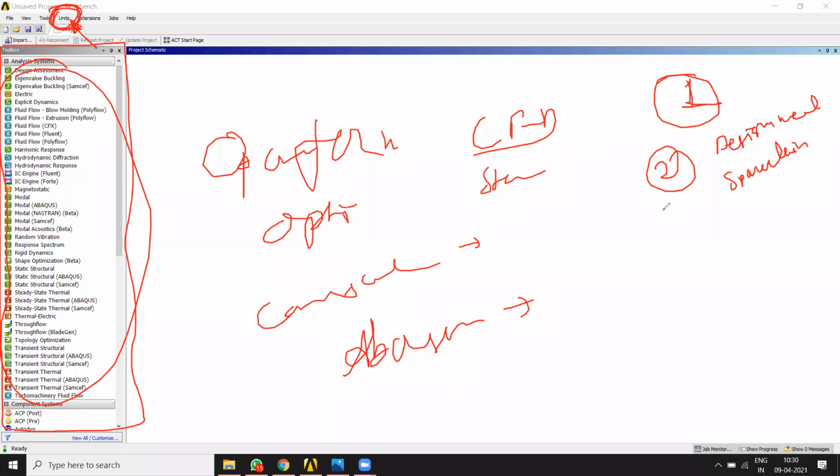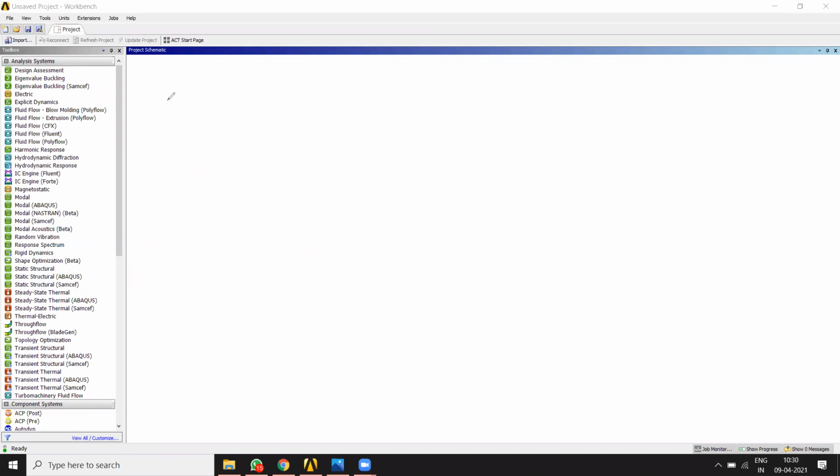Third thing, coupled projects. Let me explore what you can do here. The general trend in the industry is that you start your design. After that you check it with a static analysis, a simple analysis to check whether the design is fine or not.